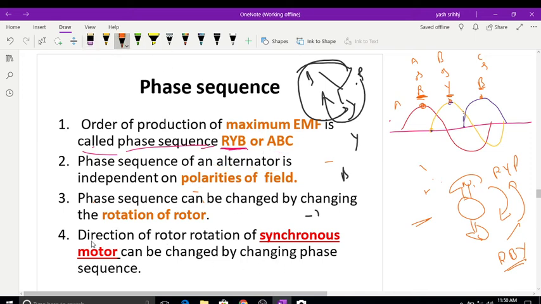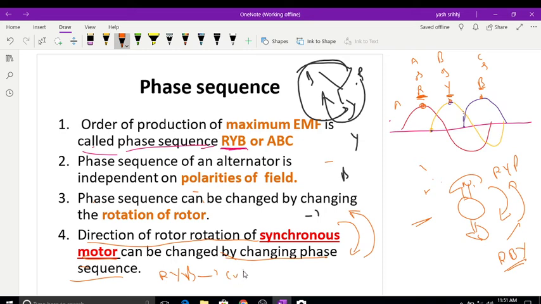So, the direction of rotation of a synchronous motor. A synchronous motor is rotating in the clockwise direction, but if you want to change the direction of rotation, you need to change the phase sequence. For example, if the RYB phase sequence is rotating in the clockwise direction, if you change the phase sequence to RBY, it will rotate in the